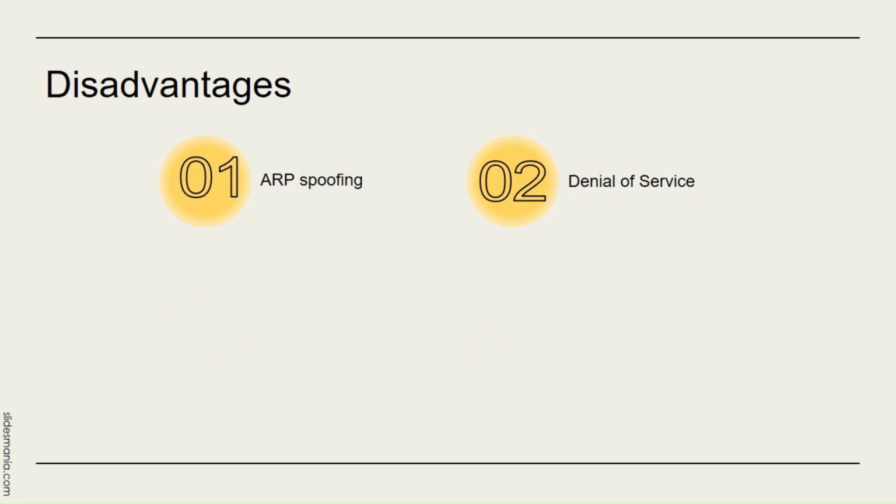Now, although ARP has numerous benefits, it also has a few disadvantages that must be taken into account. The first disadvantage is the presence of ARP spoofing. Now, ARP spoofing is a malicious attack